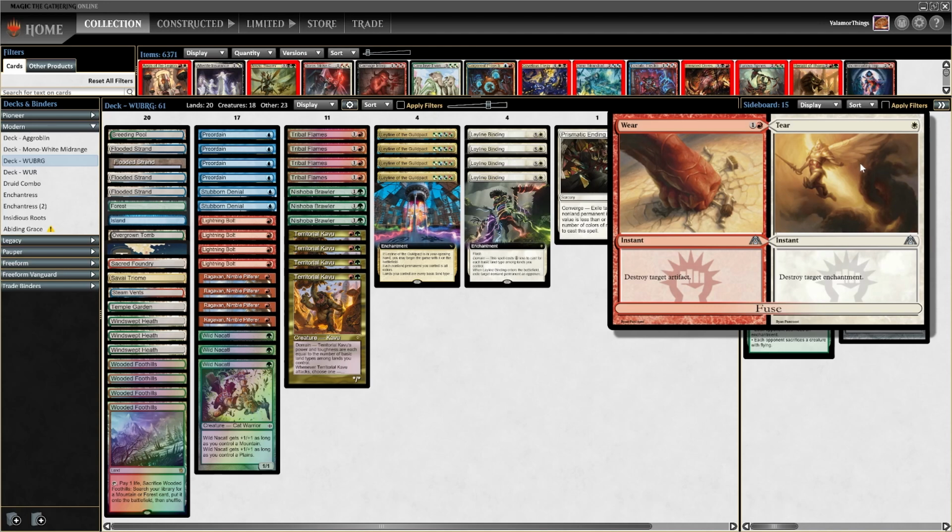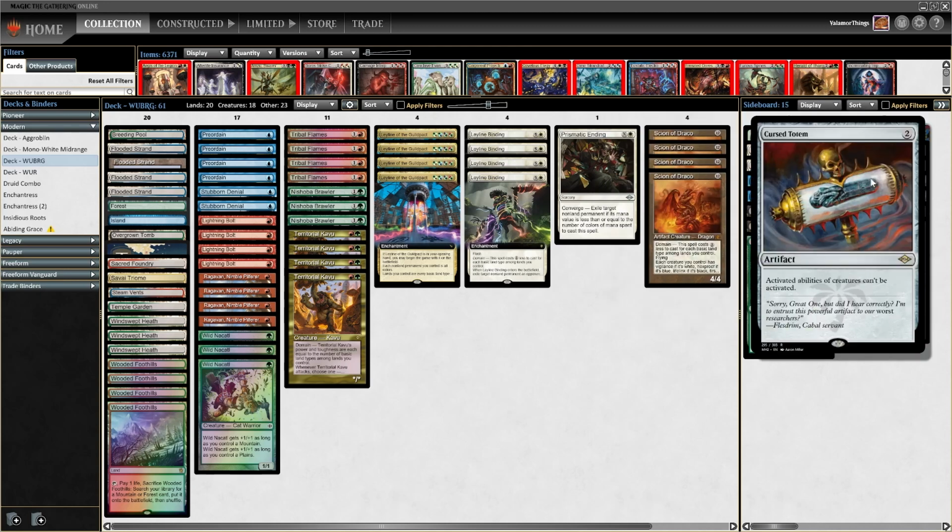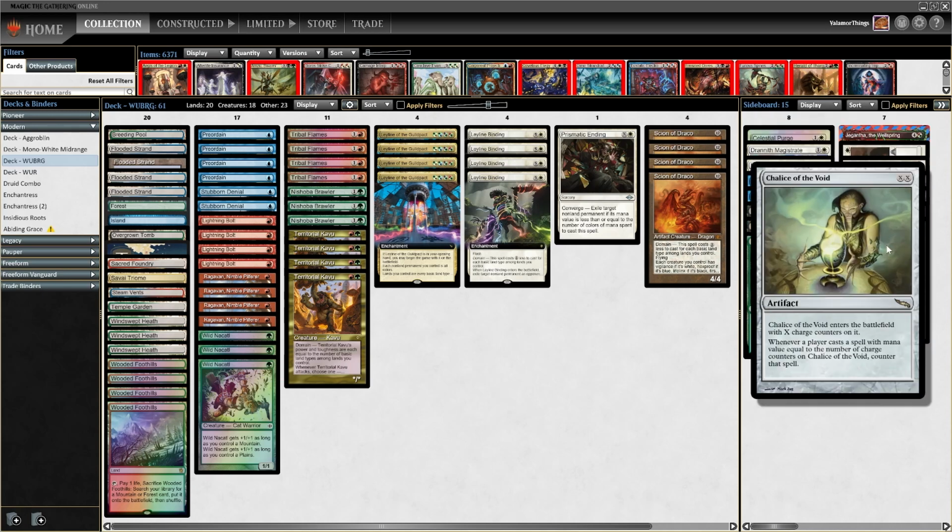I wonder where they went, but I haven't seen a single one in days. And I am so happy about that, because you guys know me, I hate Amulet Titan. But just in case, we play Wear and Tear. Cursed Totem against Yawgmoth, even though I think Yawgmoth is not that bad of a matchup, but just in case, or even against Scales. And of course the Chalice of the Void, you cannot really leave your house without that,